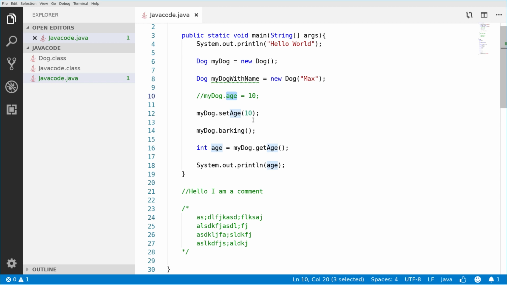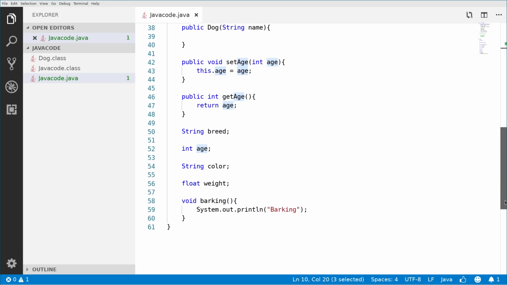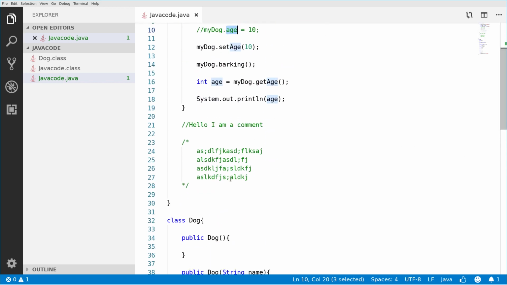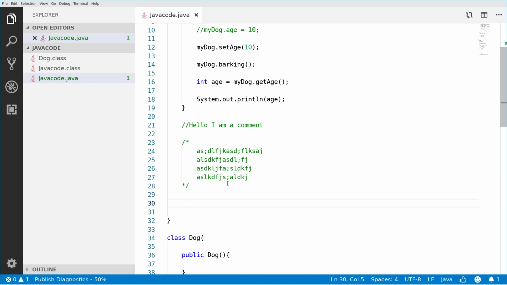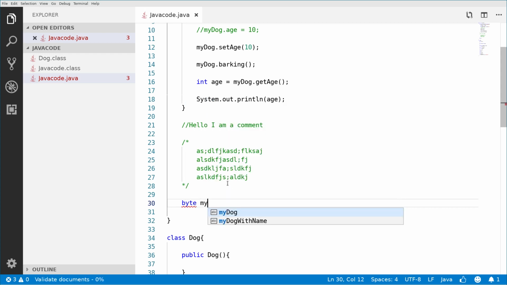Now we will start learning about primitive data types, beginning with integer data types. After these multi-line comments, I will start writing how the data types in Java work. The smallest one is called a byte. I call it myByte, for example, and I will set it to 0. I will put a comment describing what a byte does, and this basically can contain different ranges of integers.